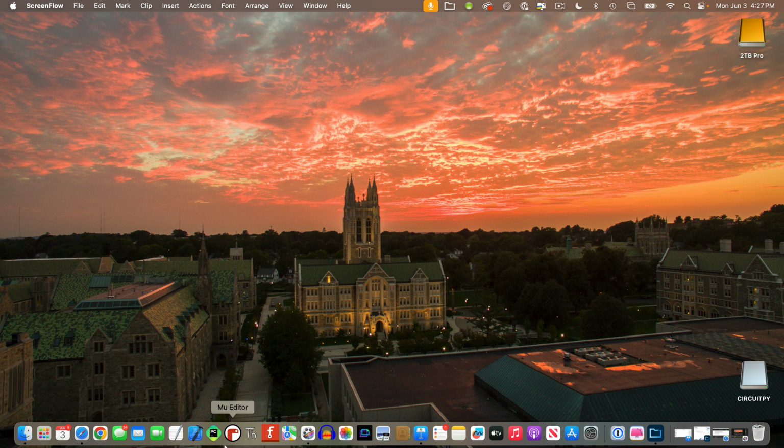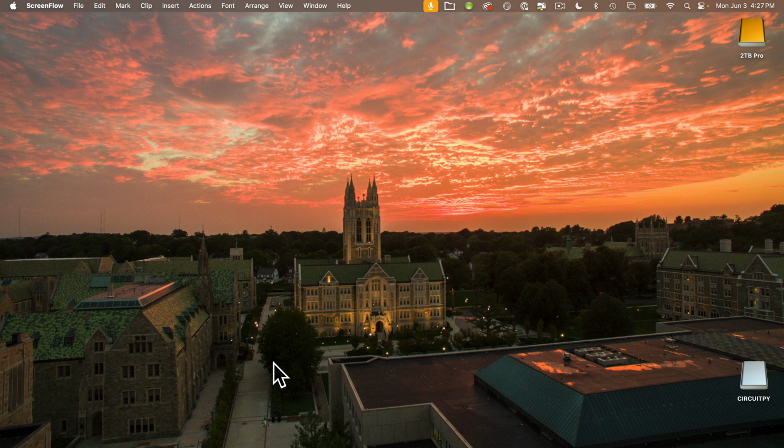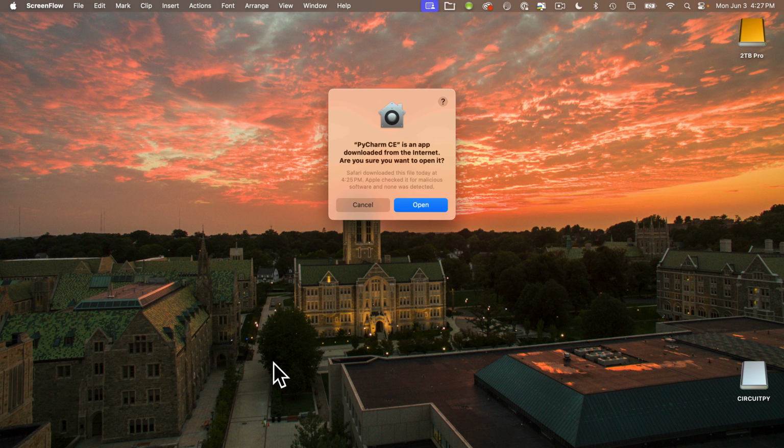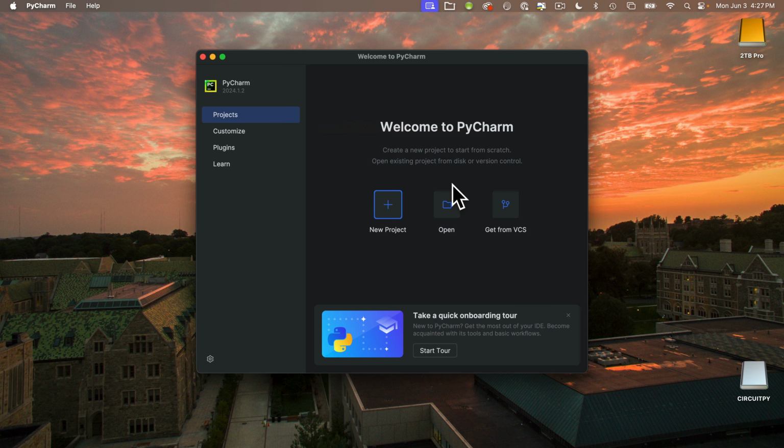Now let's launch PyCharm. Mine is in the dock. The first time you run this, you might be asked if you want to open something that you downloaded from the internet. Yes, you do. So press open, and you see the Welcome to PyCharm window. PyCharm will show your recent work if you have any. We have no projects in PyCharm, so just click the New Project button, and we'll see the New Project Setup